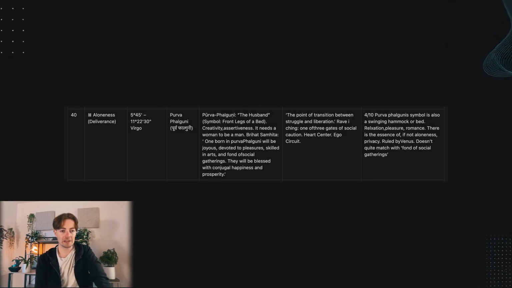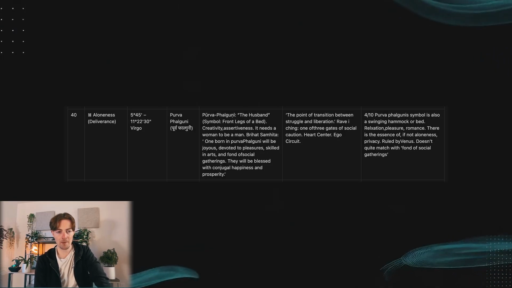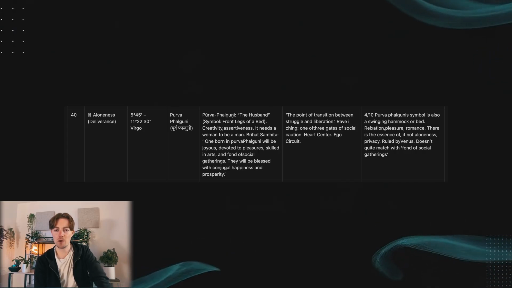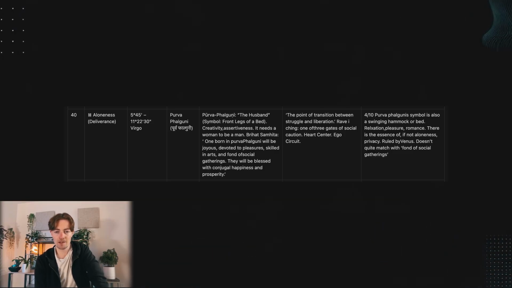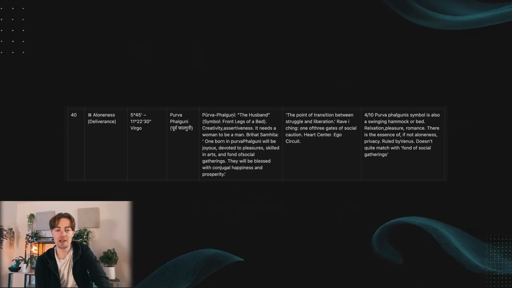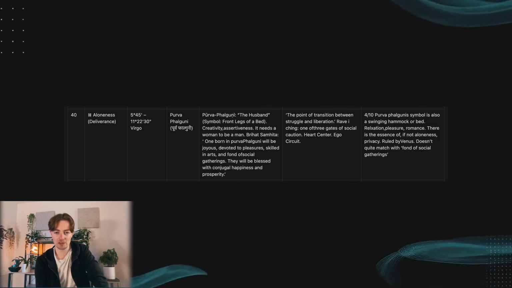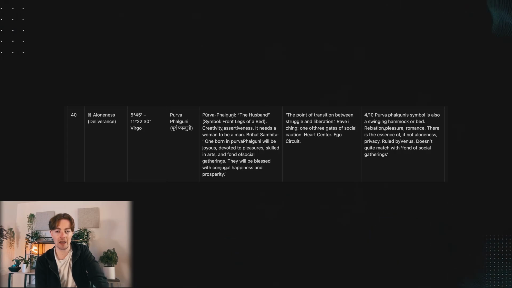gate 40, aloneness, the gate of deliverance, goes from about 5 degrees to 11 degrees of Virgo. We're in the Purva Falguni nakshatra. So to introduce Purva Falguni, it's the husband. The symbol is the front legs of a bed. It's about creativity, assertiveness, and it needs a woman to be a man. From the Brihat Samhita, one born in Purva Falguni will be joyous, devoted to pleasures, skilled in arts, and fond of social gatherings. They will be blessed with conjugal happiness and